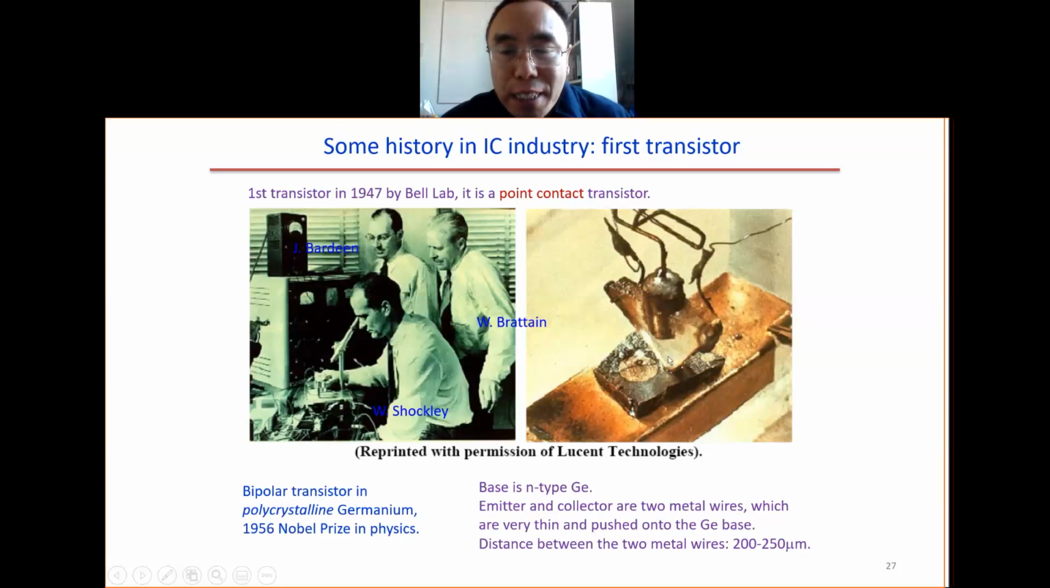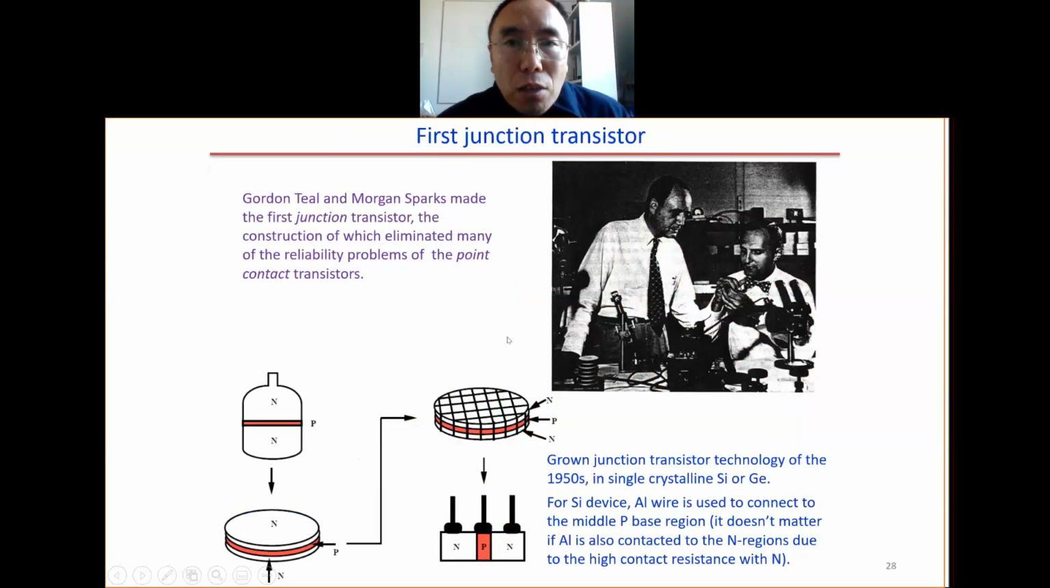So this is how the first transistor looks. This is a bipolar junction transistor. We have the emitter from here, the collector from here. This is the base. They're pushed to the germanium base because it works, but this does not look very useful. So to make useful transistors,